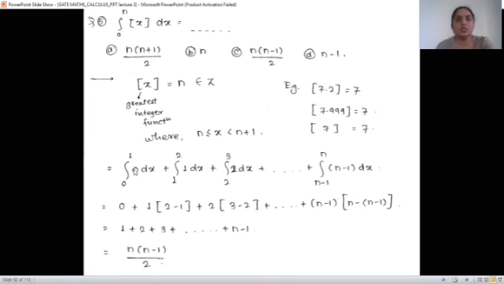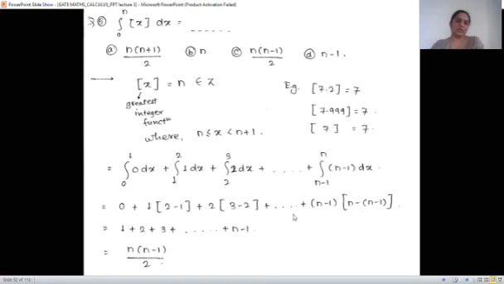That will be 0. In 1 to 2, it is 1. And in 2 to 3, it is 2. And similarly, in n minus 1 to n, it is n minus 1. So solving this integration part, we get x from 1 to 2 with 1 outside, then integration dx is x from 2 to 3 with 2 outside, and so on, up to n minus 1 into 1. So it is 1 plus 2 plus 3 up to n minus 1.